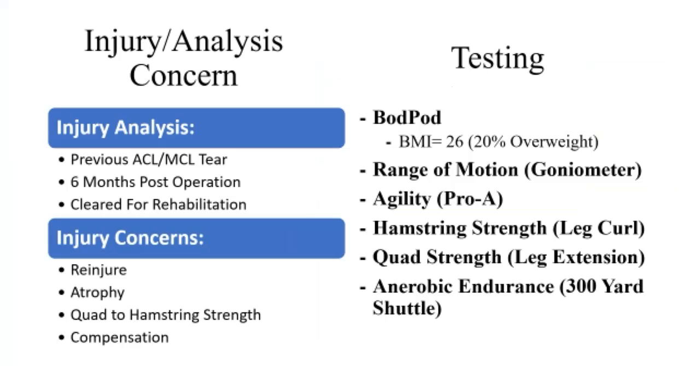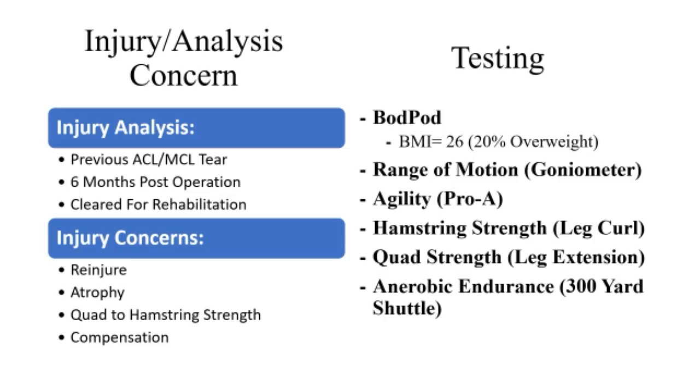So injury analysis and injury concern. So for injury analysis, Natalie previously tore her ACL and MCL. She is 6 months post-operation and is now cleared for rehabilitation. Some injury concerns that I have: the risk of re-injuring her ACL or MCL, atrophy that was caused from being out,